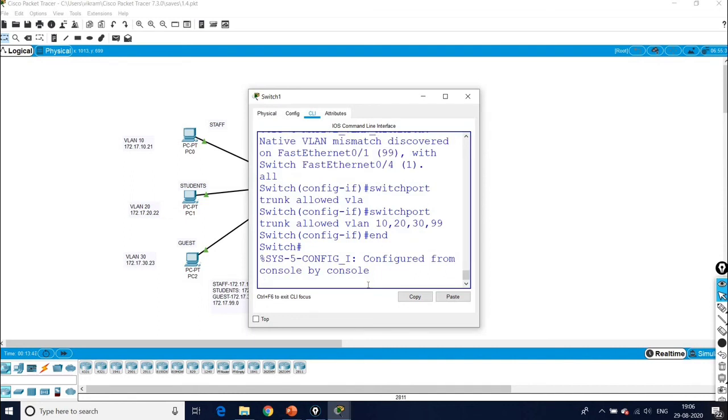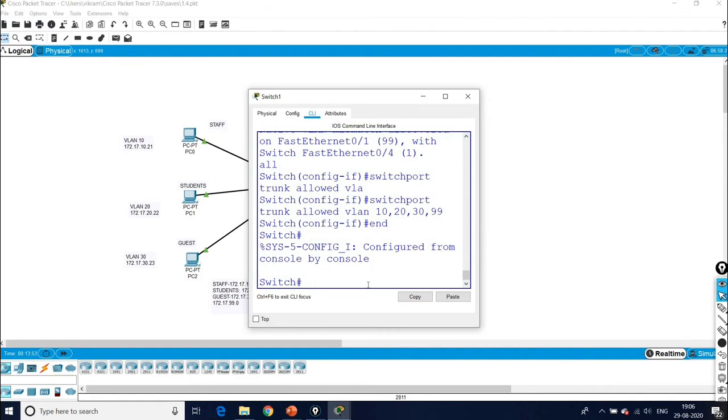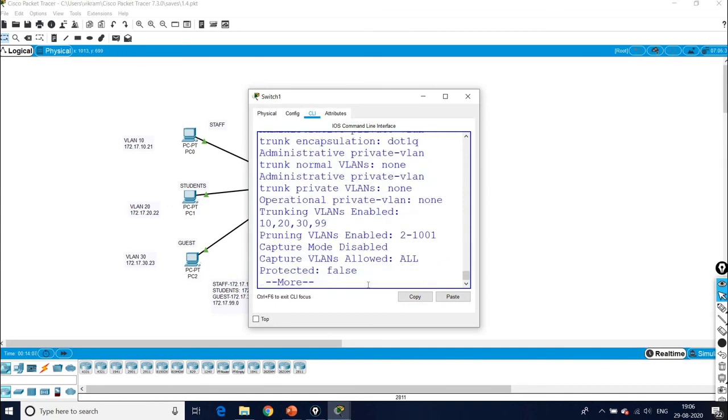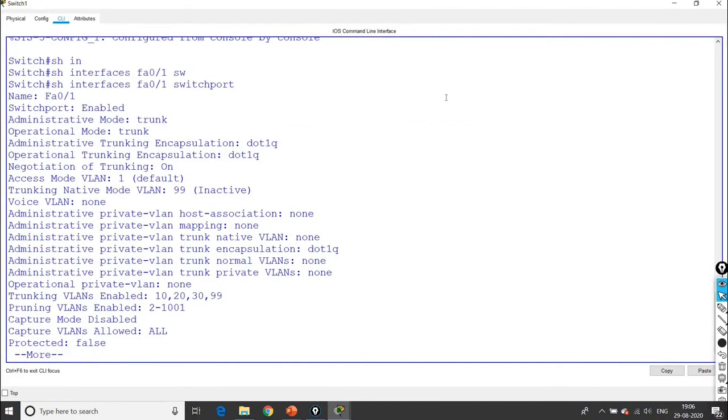So to verify the trunk configuration, we have the command called show interfaces FA0/1 switchport. Okay, you can see this shows FA0/1 administrative mode as trunk.